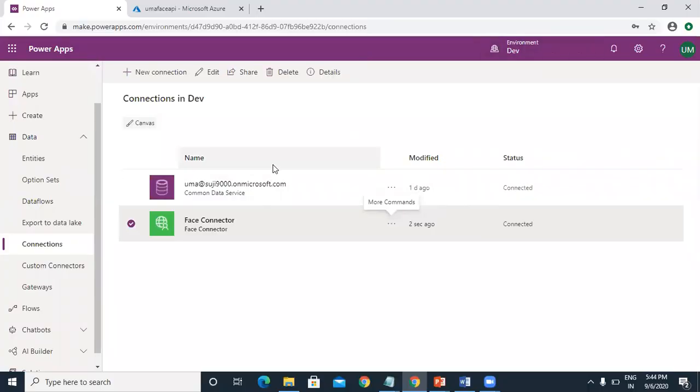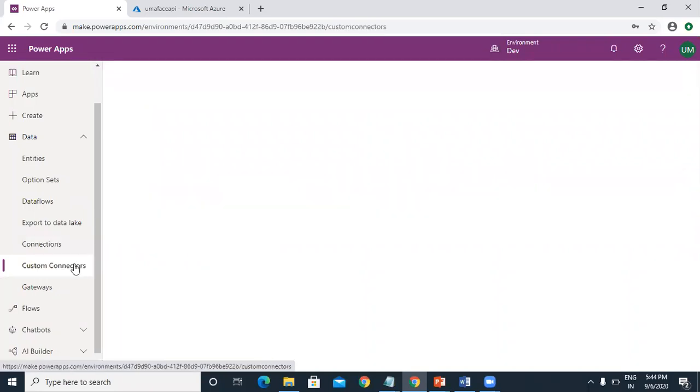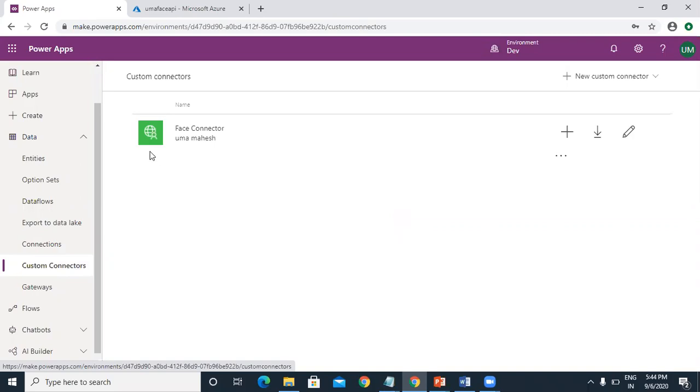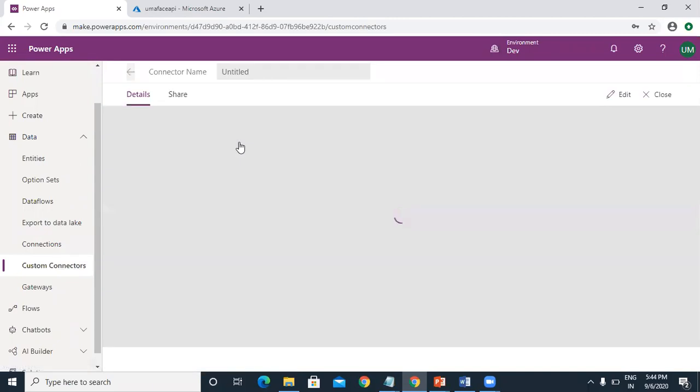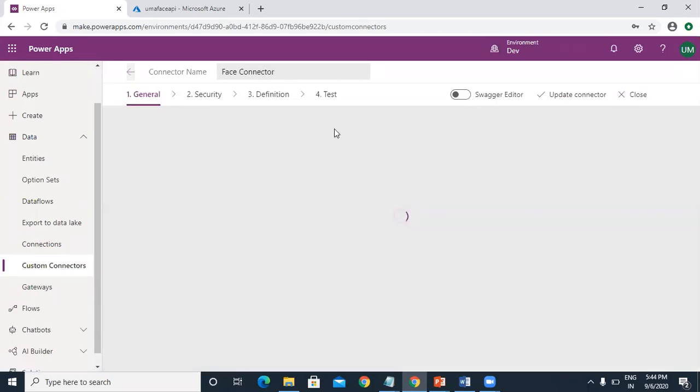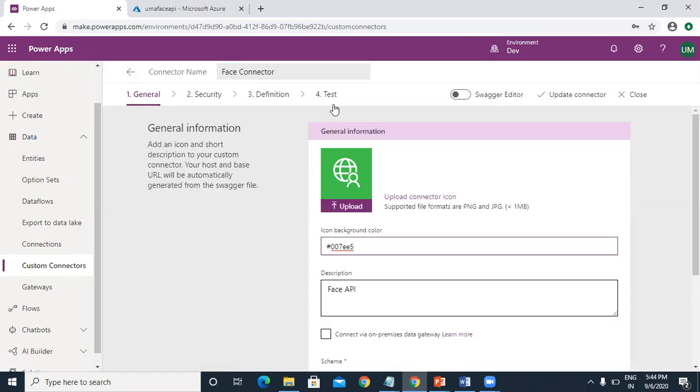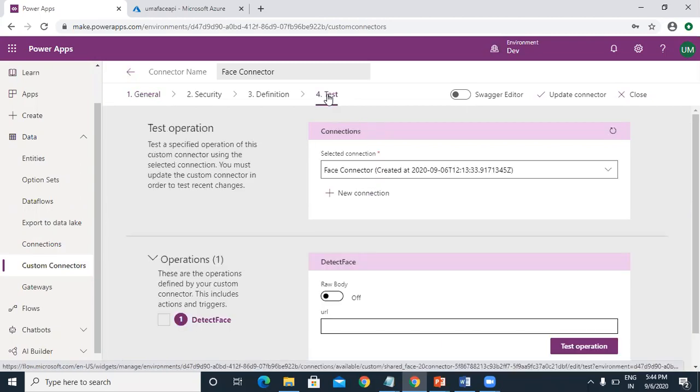So once you have created your connection, go to the custom connectors again. So you can see your connection here. So select your connection, click on the edit, click on the test, and if you have your image URL, you pass it here, right?